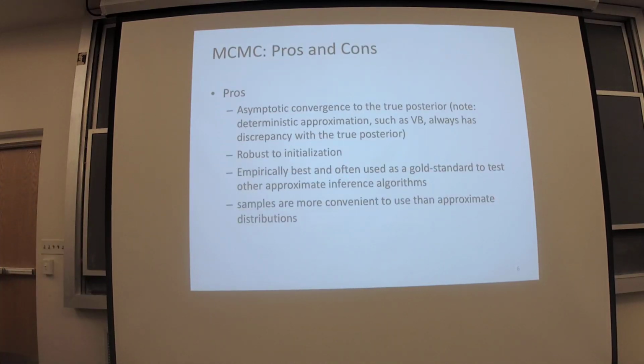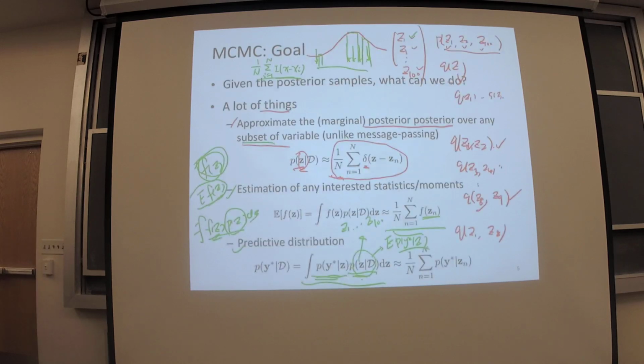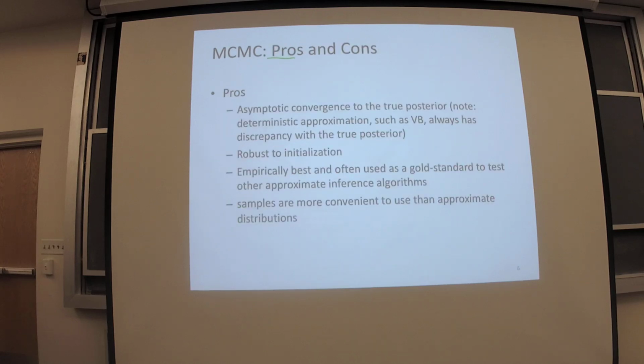So now let me explain the advantages and disadvantages of Markov chain sampling. So far, what we have discussed are some of the advantages. We found that if we have a bunch of posterior samples, it is easier for us to approximate the marginals of the posterior distributions, estimate any statistics or moments of interest, or capture the predictive distribution. Other than that,